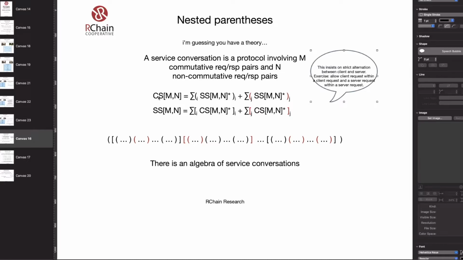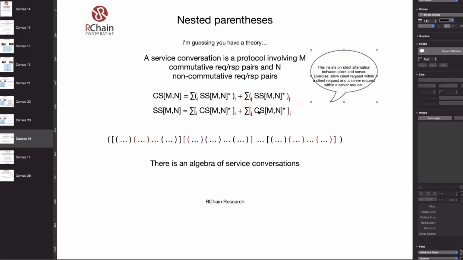So this is the client initiated conversation. This is the server initiated conversation. So the client can open the conversation and then kick off as many server initiated conversations. And then the server must respond to the client. And you can do this in either the commutative or non-commutative flavor. So I is ranging from 1 to M and J is ranging from 1 to N.